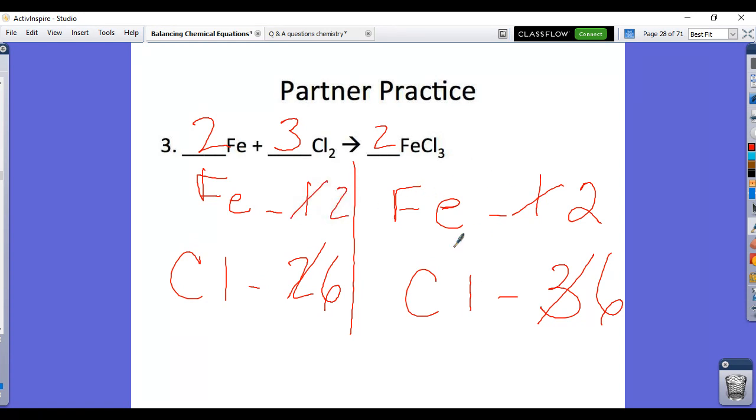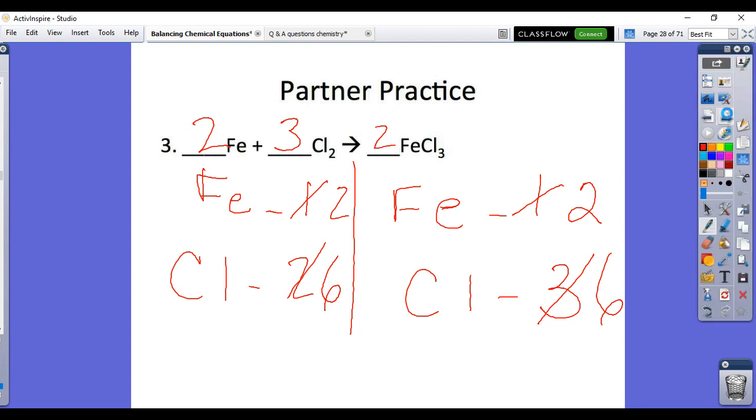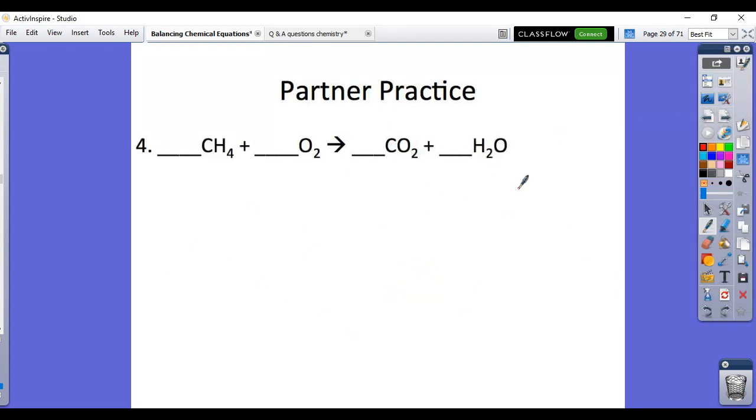And you'll soon learn, some of you will be able to do this without writing all this. This is not necessary. It just helps you make sure you don't make any mistakes. So in this case, we needed coefficients for all of those. All right, and then the next one,